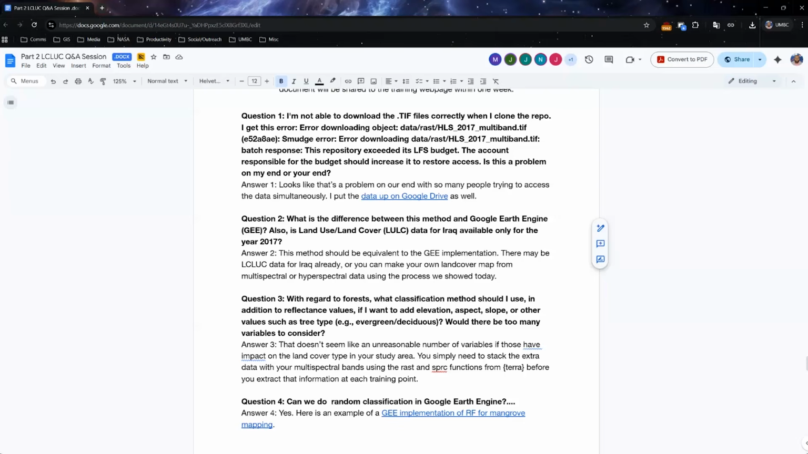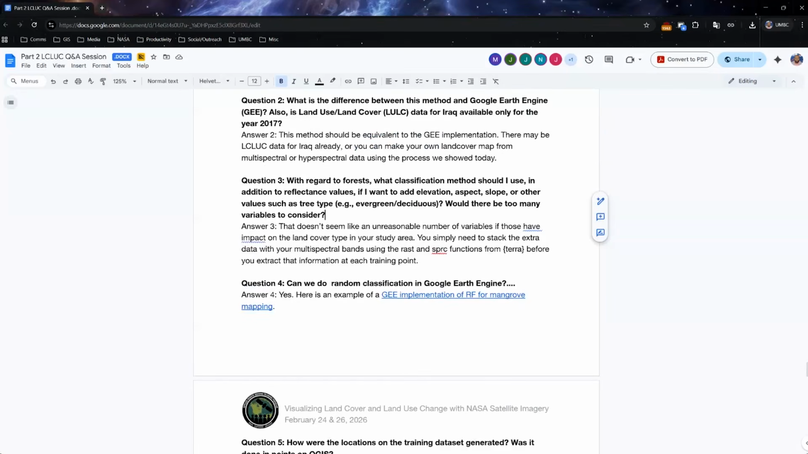Question 3, with regard to forest, what classification method should I use in addition to reflectance values if I want to add elevation, aspect, slope, or any other values such as tree type, evergreen, deciduous? Will there be too many variables to consider? That doesn't seem like an unreasonable number of variables to consider if you think that those might be important for the land cover type in your study area. For example, if one of the target classes that you're interested in is a plant that only grows on a south-facing slope,